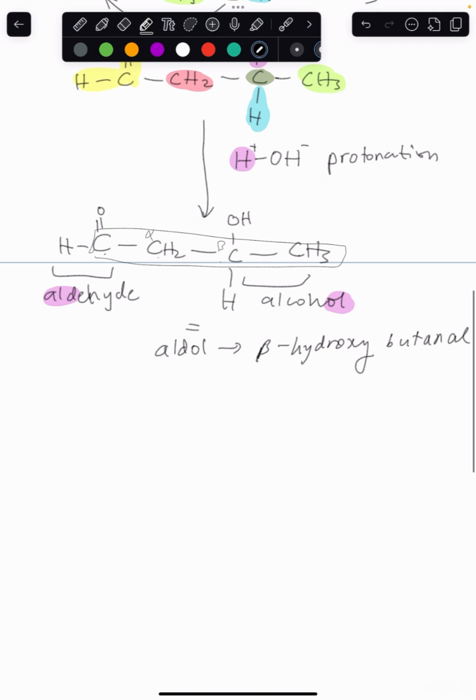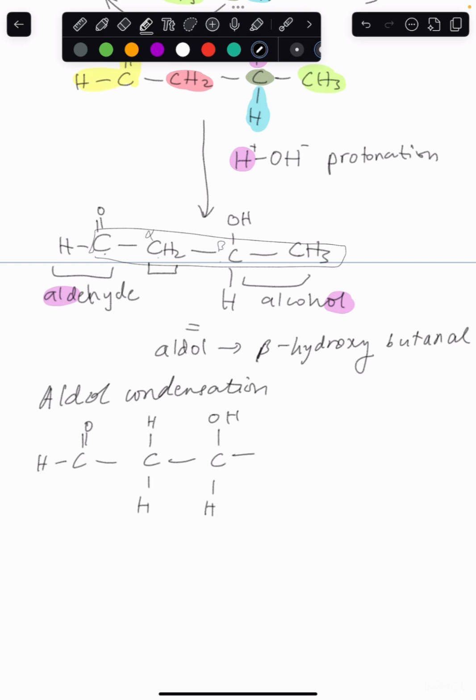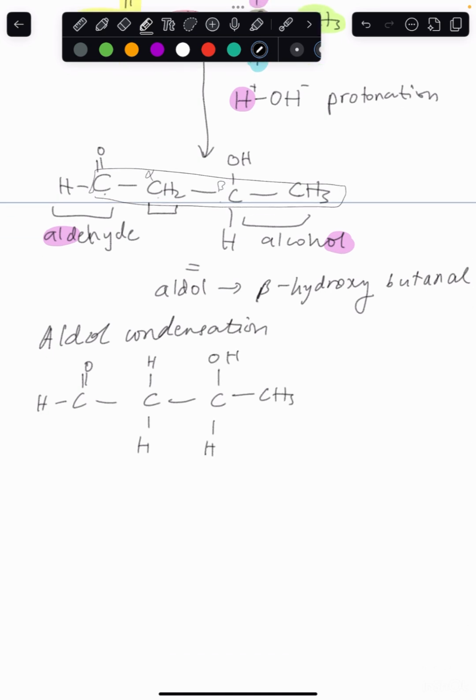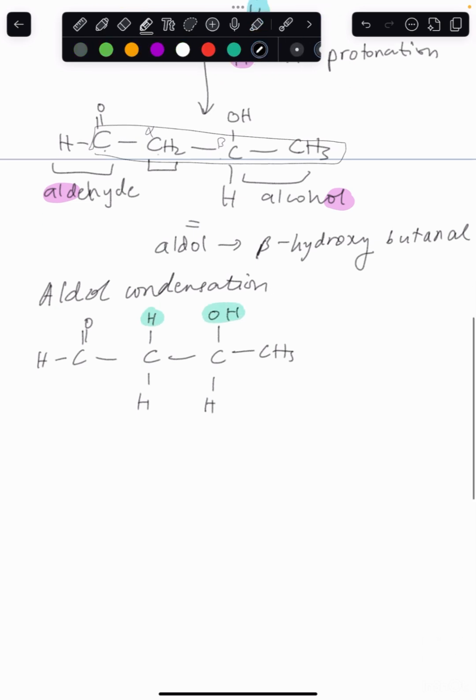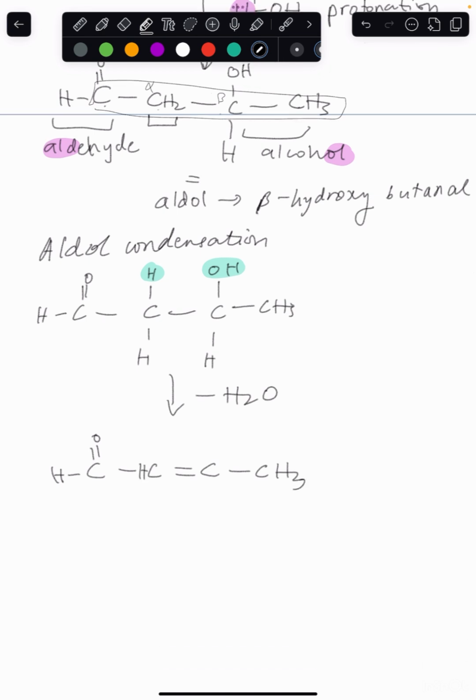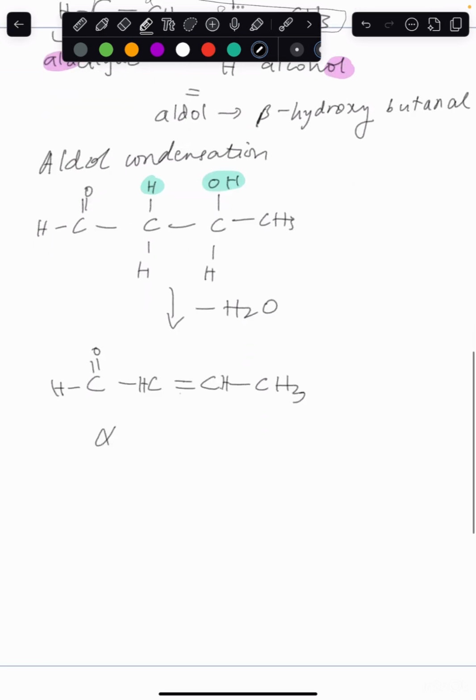Now for the aldol condensation, if I just elongate this portion out like this, what will happen is this hydrogen and this OH will be removed, minus H2O, and then a double bond will form, and then we'll have CH3 over here and H and H over here. 1, 2, 3, 4. So what we'll have is an alpha beta